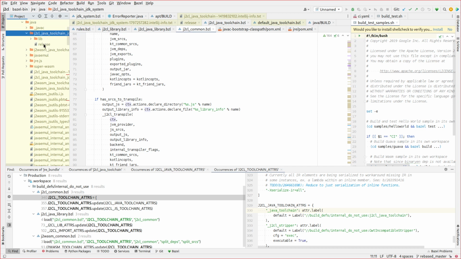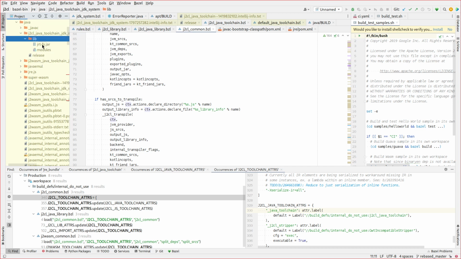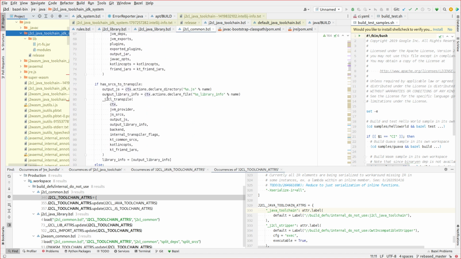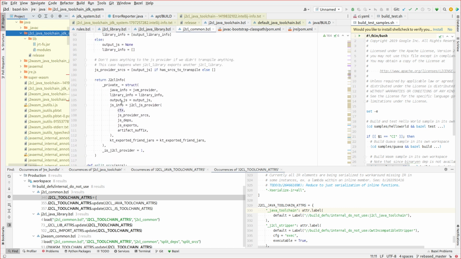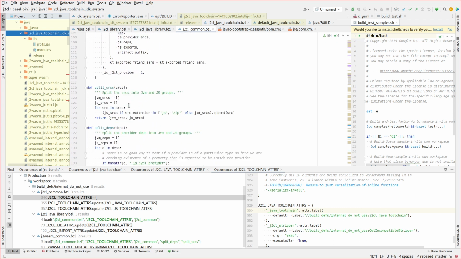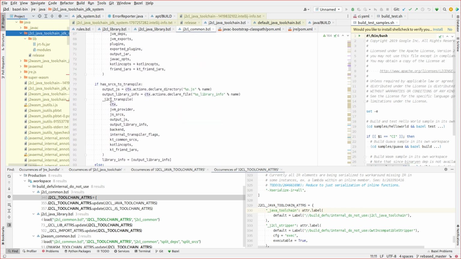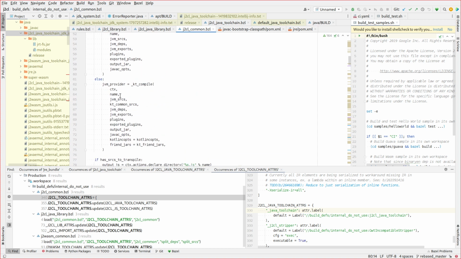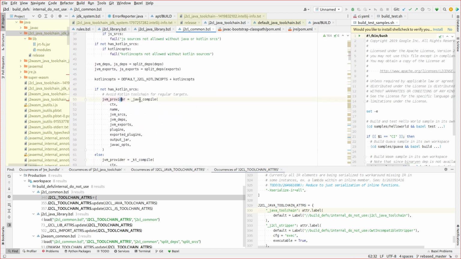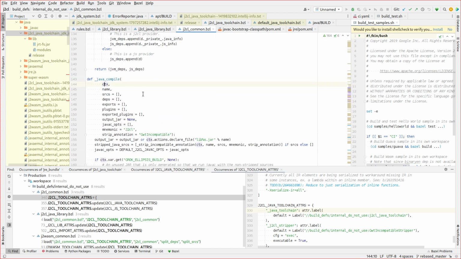Java toolchain JDK system. So it has this release. It has this JRTFS, which we have to reference, and it has this module. So this itself is a Java toolchain, which gets used somewhere in here. And I don't quite understand what this is doing. It's passing the whole thing into Java compile,